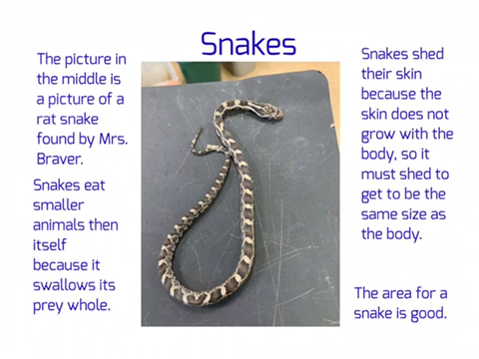Snakes. The picture in the middle is a picture of a snake found by Mrs. Braver. Snakes eat smaller animals than itself because it swallows its prey whole. Snakes shed their skin because skin does not grow with the body. This is my research question. So it must shed to get to be the same size as the body, or else it would be very tight on its body. The area for a snake is good around middle school campus, and this was the snake that Mrs. Braver found. As you can see, it's just starting to shed its skin,